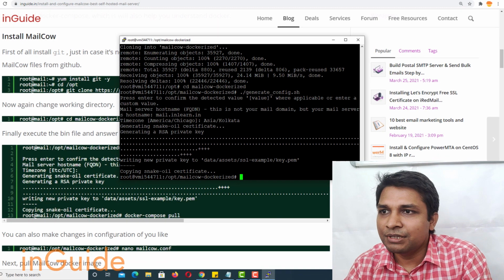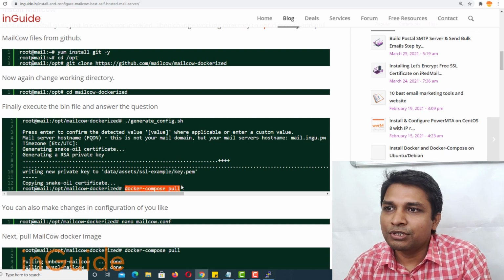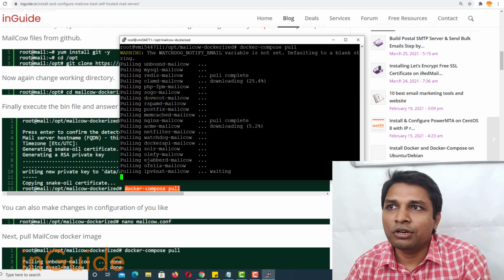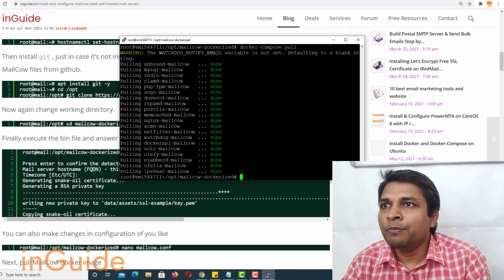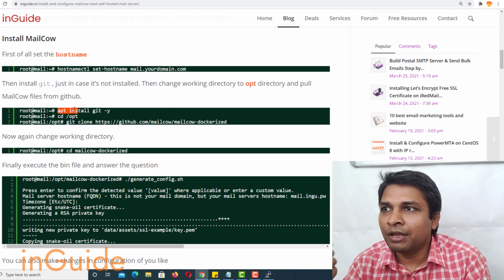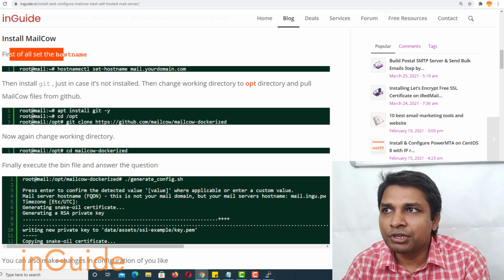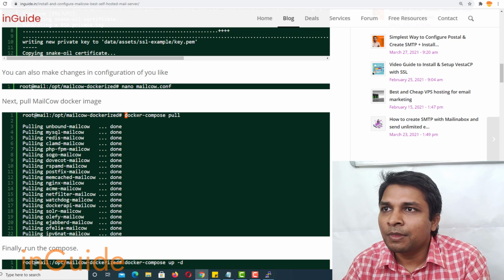do a few things, and you can see finally it reached this state, and then you have to execute this command, which is docker compose pull, and now you have to wait for all data to be pulled on your server. And alright, now the installation of MailCow is complete, and in the meantime I also have updated this article to include apt instead of yum, and also I have included the command to set up the host name. And after installation is complete, okay, we were here.